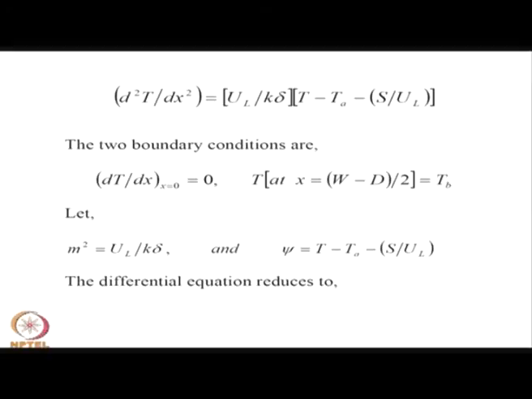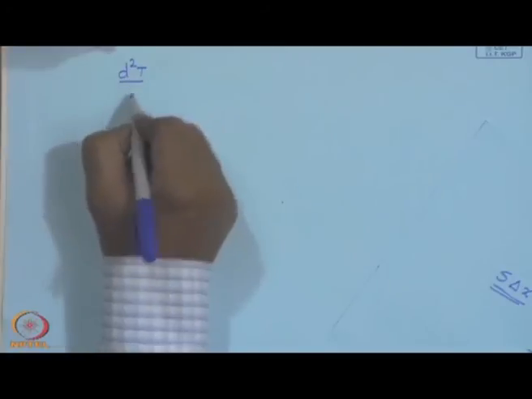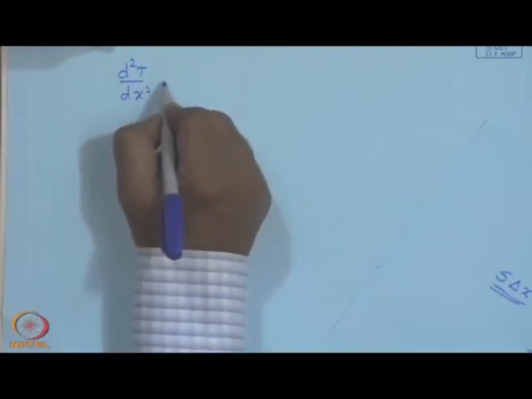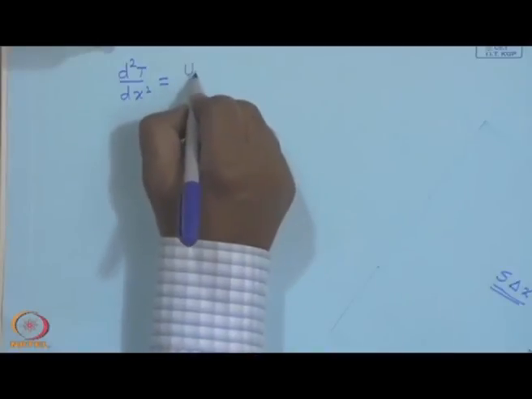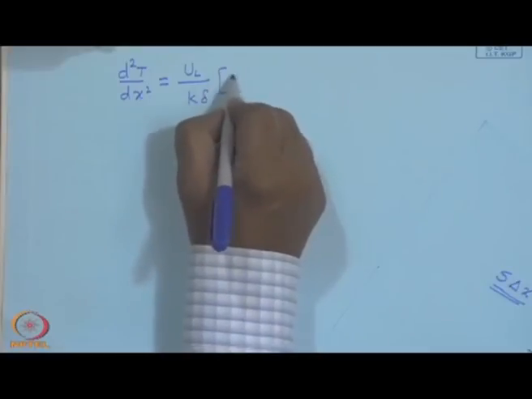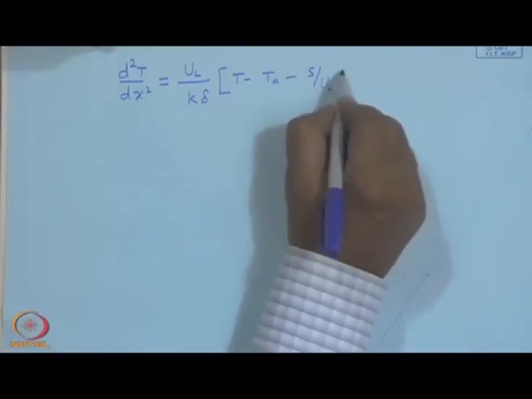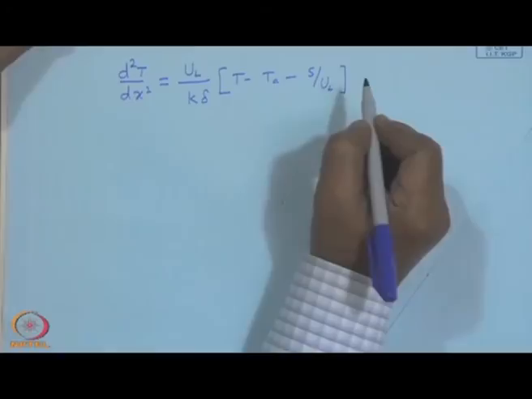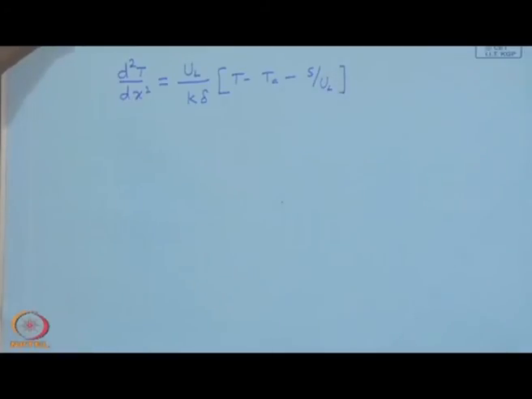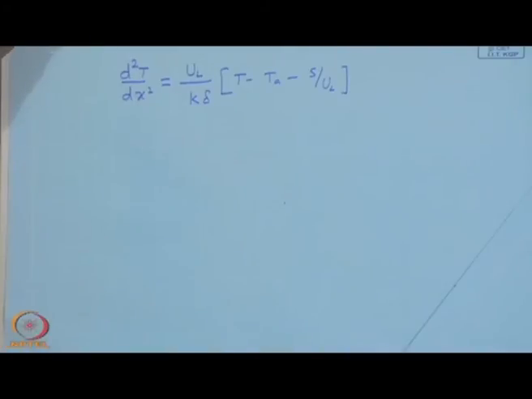So, if you plug in these values, you will get the equation. This second derivative comes from that d/dx of minus k delta dT/dx, and if I equate that,